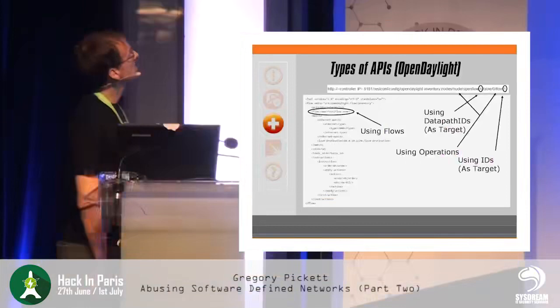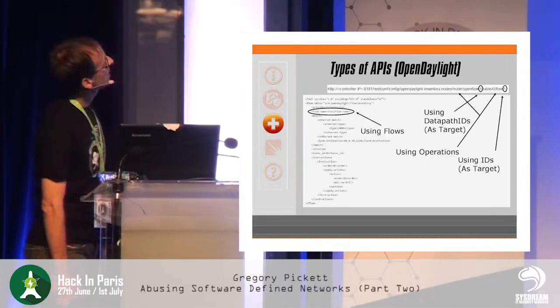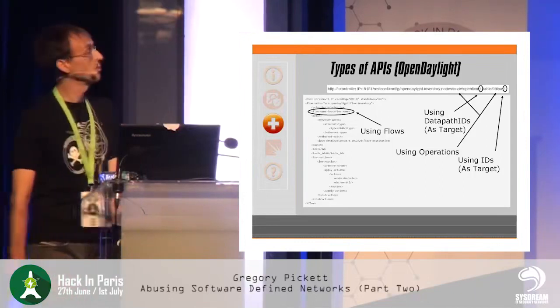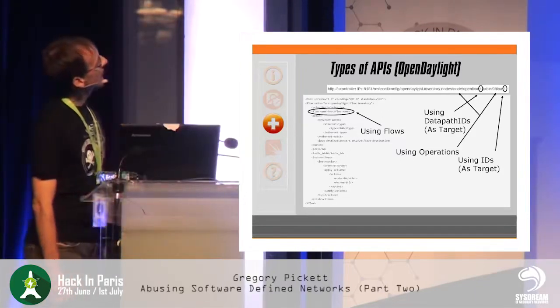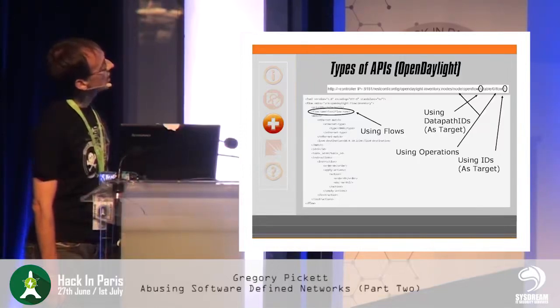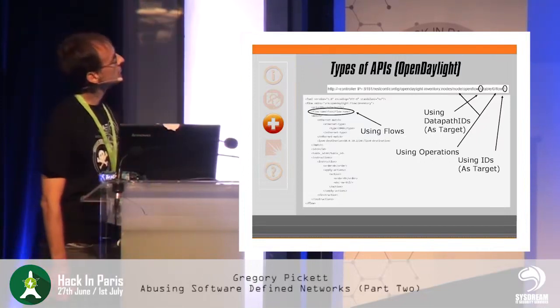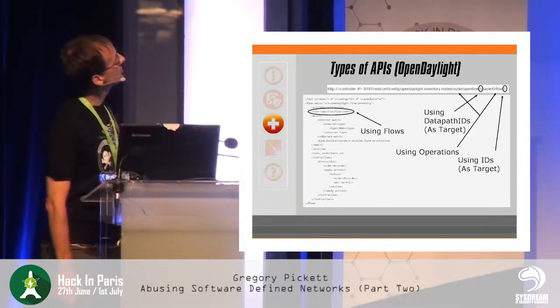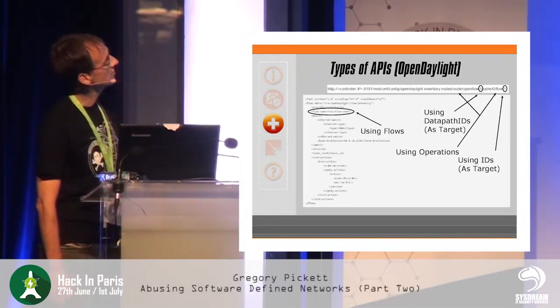Here's an example. This is OpenDaylight. I don't remember if it is Helium or Lithium. Of course, this is a newer one, which is Beryllium. They like their elements there. So we see the path is using both operation and target. And we see it using data path IDs, as well as table record IDs as part of the target. And of course, flows, which is in the message itself. So there are always these different combinations of how they organize this, and then what they're using for identifiers.